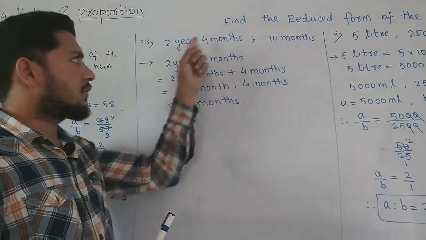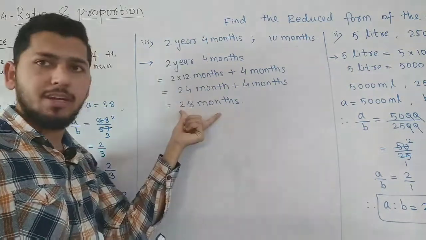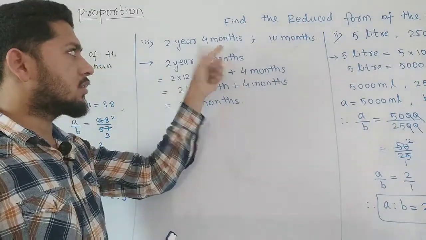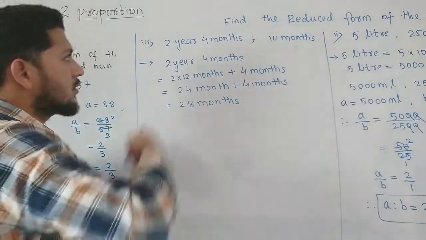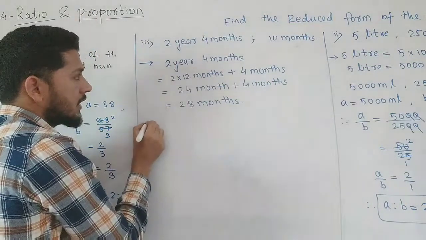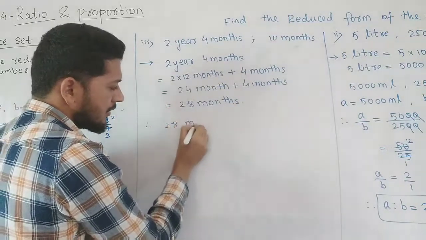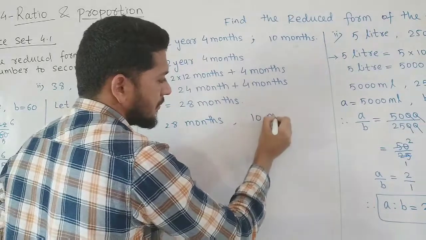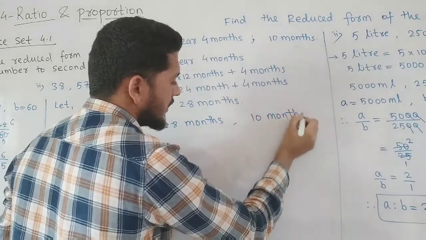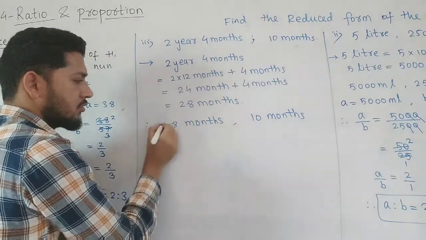ठीक है, तो 2 year 4 month मीन्स इक्विवेलेंट टू 28 मंथ. मतलब इसका इक्विवेलेंट वैल्यू क्या आएगा? 28 मंथ्स. मतलब 2 years 4 month था तो इसका इक्विवेलेंट वैल्यू आ गया 28 मंथ्स and this will be same. तो फर्स्ट क्वांटिटी मिल गई. तो ये क्वेश्चन को फिर से हम लोग लिखेंगे. So what will we get? Therefore 2 years 4 month को रिप्लेस करेंगे 28 मंथ्स में, comma 10 मंथ्स सेम. सेकेंड क्वांटिटी will be same. अंडरस्टूड? तो ये तुम्हारा क्वेश्चन बन गया.